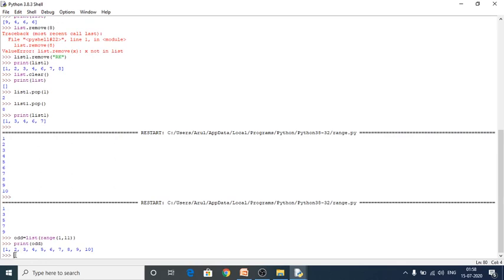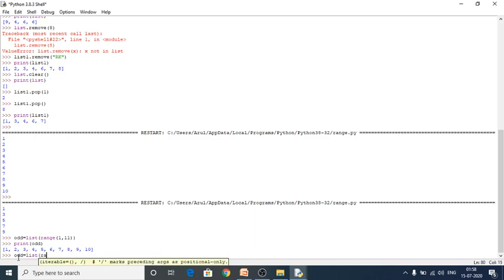Sorry, some technical mistake is here. Odd is equal to list is the function. It is used to convert the range result into list.